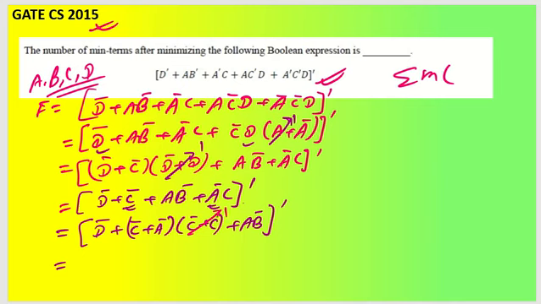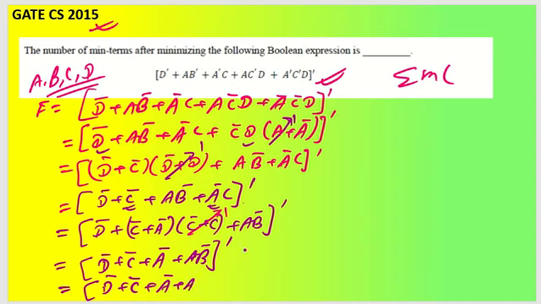Now as you can see, what we have now is D bar plus C bar plus A bar into A plus B. So from here A bar plus AB bar will also come up together. So I can have it like this. Let us say D bar plus C bar plus (A bar plus AB bar) whole bar. Now if we see these last two terms, we can have expansion based on A. So D bar plus C bar plus A bar plus A into A bar plus B bar